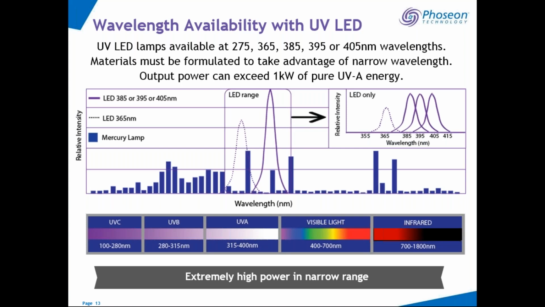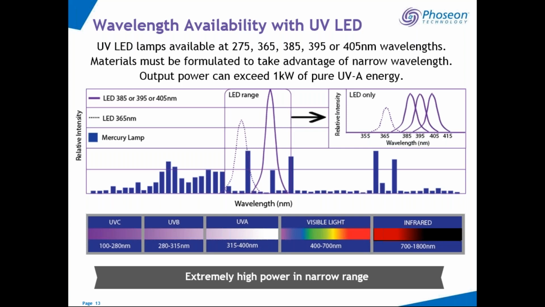And that's important because with your formulations, you have to make sure that they are tuned to that certain range to make sure that there is a nice cure happening. What is interesting is that we're seeing that most of our customers are in the range of 395 nanometer. That's what we ship most of. We do see 385 and 405, with 365 also starting to improve, but I would say well over 90% is